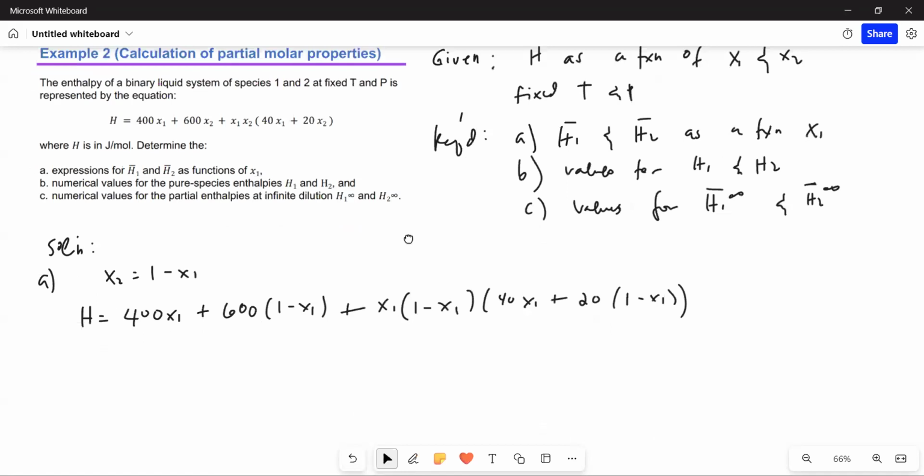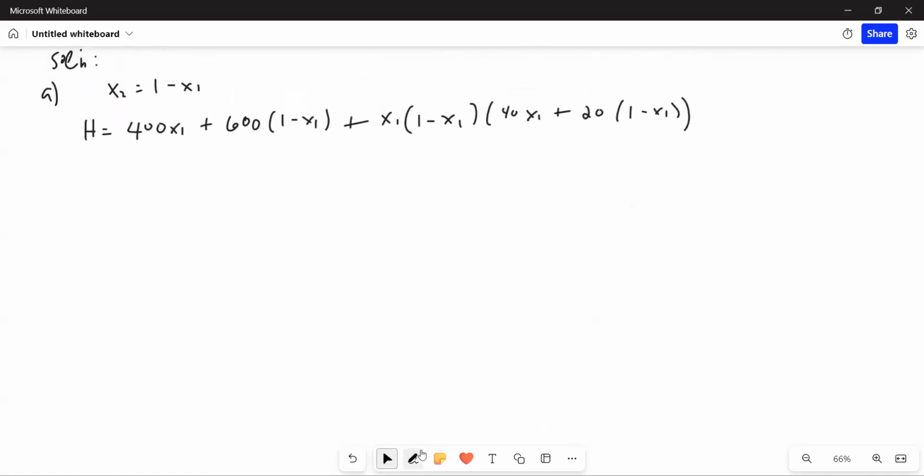Okay, so we're able to remove x2 from the equation, and simplifying everything, I will skip to the part wherein I almost simplified. So 600 x1 plus